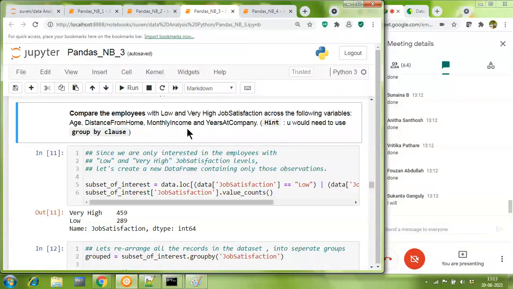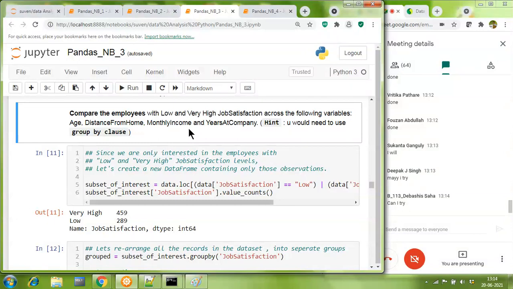Sukant, you have taken your turn, and Deepak also has taken his turn. So I want new people to come ahead, somebody else who has not taken a turn until now. Come on, who's going to come forward? Devashish says he wants to try. Devashish, over to you. Okay, sir.